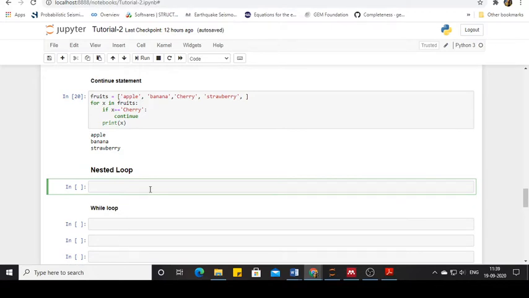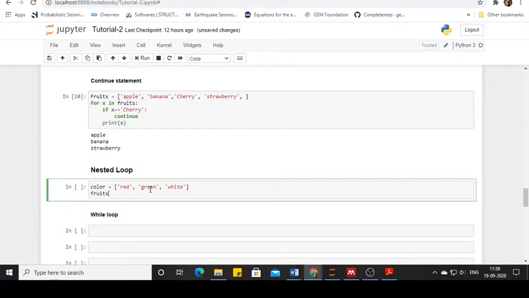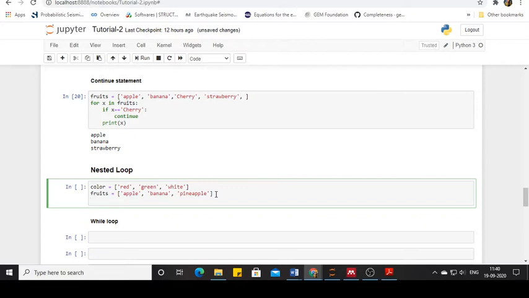for loop. Now let us say I will give it as color is equal to, I'm going to create a list again: red, one of my favorite colors, and green and white. Next I'm going to go with fruits and I will give it as apple, and then banana and pineapple. Okay, so now we have created two lists,